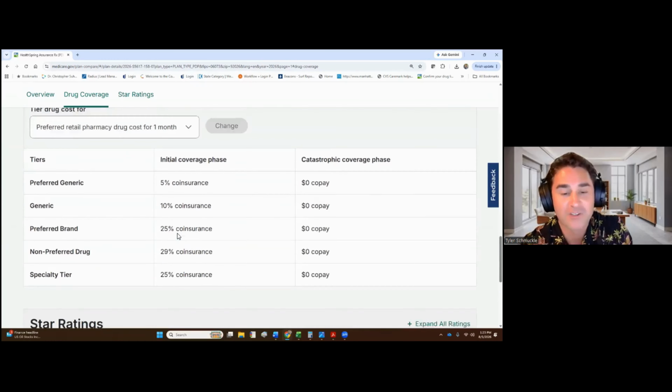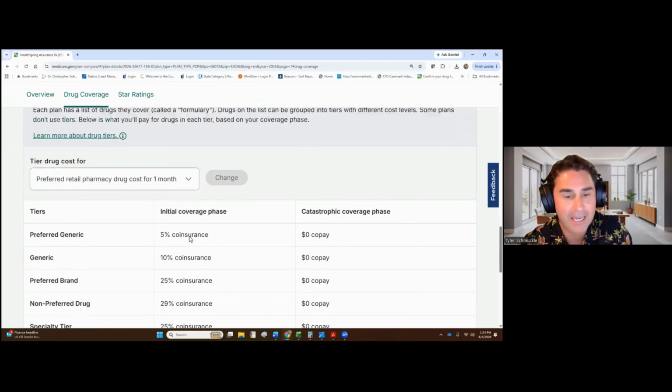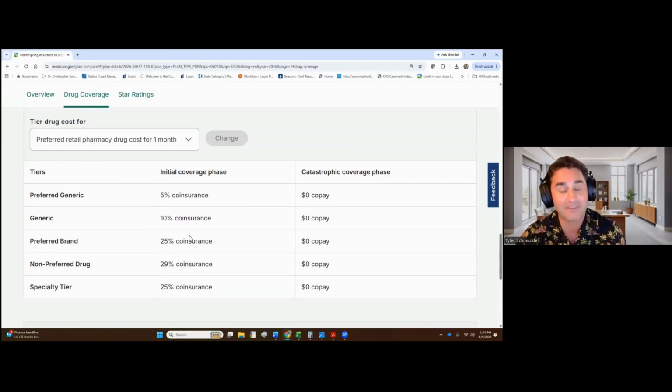And there was a $2,000 cap last year and a $2,100 cap this year. For 2027, the numbers just came out. It's going to be a $2,400 cap for next year. So some big news that just came out a couple weeks ago was because of the transition with the Inflation